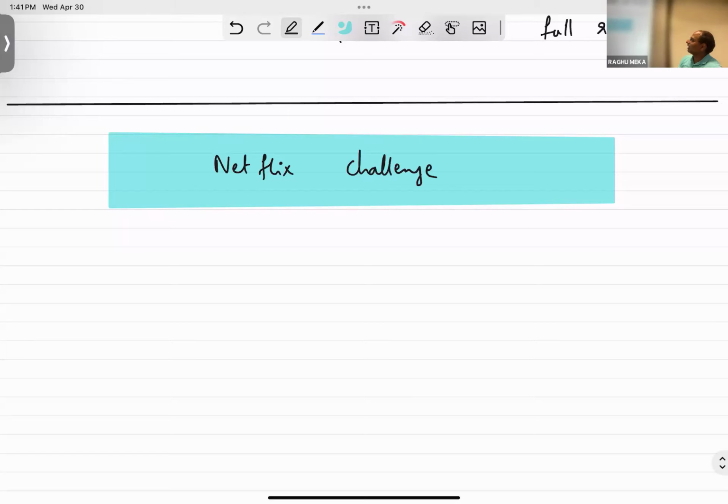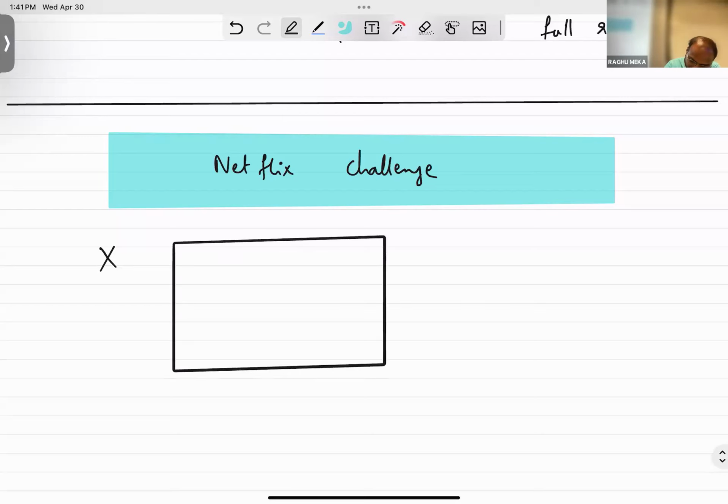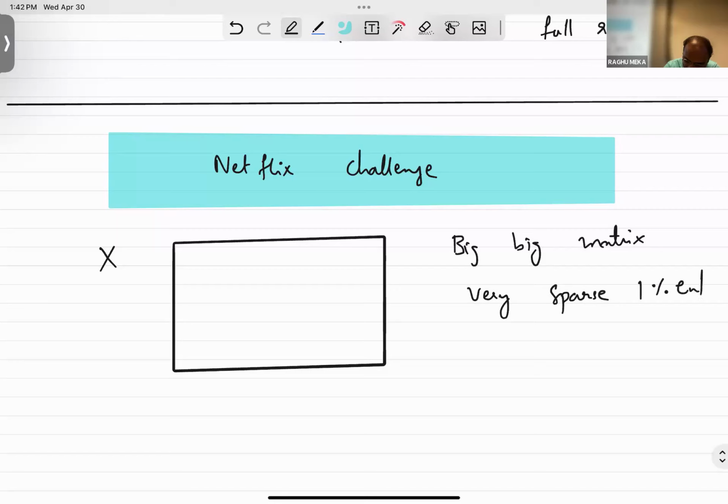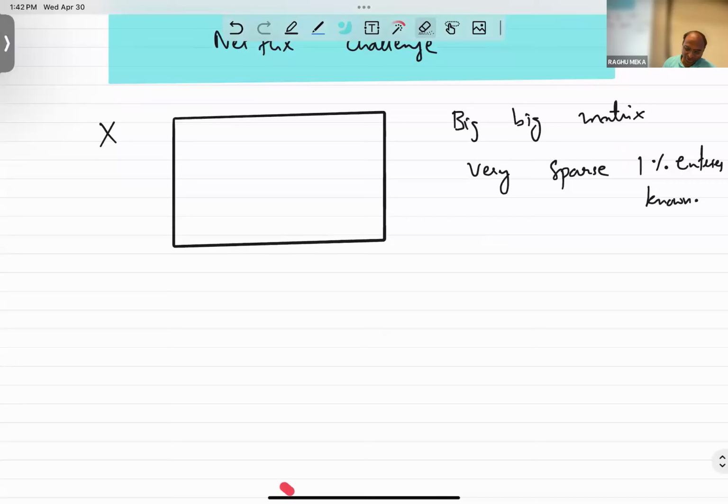Okay. So there we said, okay, I have this matrix X, huge matrix, right? Big, big matrix, very sparse, right? Only 1% entries known. Okay. And we said one approach to kind of guess the missing entries was to compute,